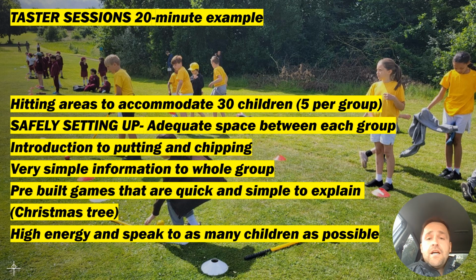Now, that normally takes up a couple of minutes, and you haven't got long with children before they do start to sort of switch off and not engage with what you're doing. So in that instance, you've already got your game set up, you've prepped a good 30 minutes before the students have attended, you've checked all the equipment's ready to go. I would be very, very concise and clear and very short in the